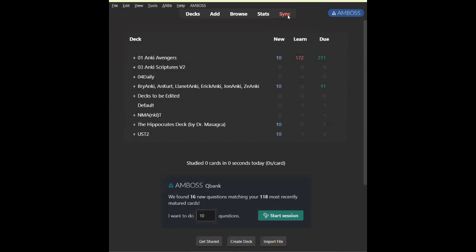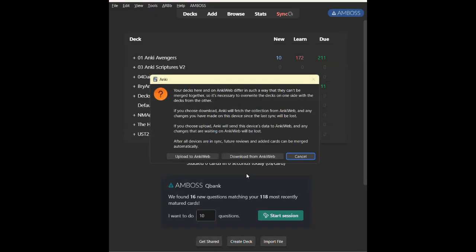And of course, lastly, I'd like to show you sync. This is very helpful, especially when you have Anki Web. It is basically the web version of Anki. It has fewer functions, but it's very useful for studying. You might have a change here. Of course, it won't automatically change on the internet. You press sync, something like that.